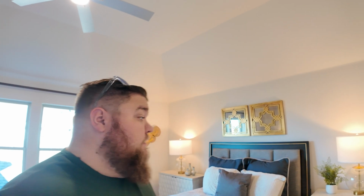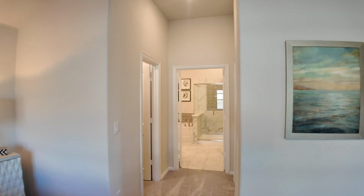It's got a full bath, so you could easily put your parents here, or for those of you whose kids went off to college, spent tons of money, got a degree that they're never gonna use, can't get a job and need to come back home. Too far? This could be their room if you want them to come back home. Or